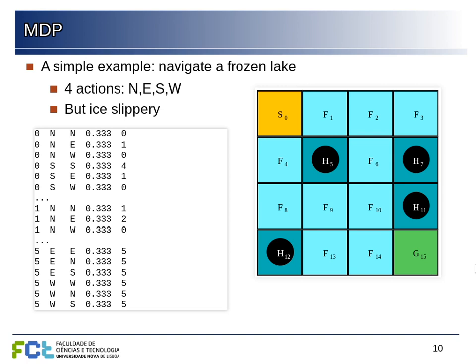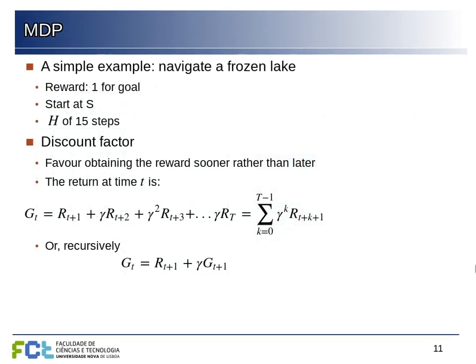So if it's in state 0 and tries to go north, there is a 1/3 chance of going north, and then it will stay at state 0 because it cannot leave the lake. There is a snowbank there. The same thing if it tries to go east, but it may end up going west and so fall into state 1. And if it tries to go south, the same thing, and so on. So this is basically the table that tells us, for each action, what the actual outcome should be, changing the state of the system with different probabilities.